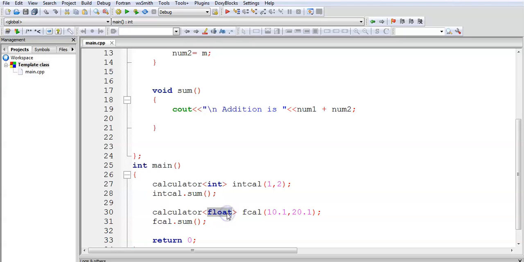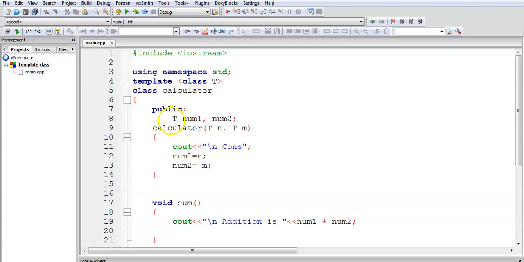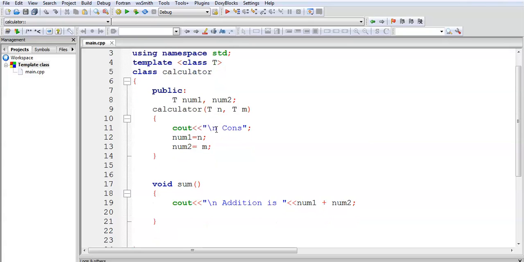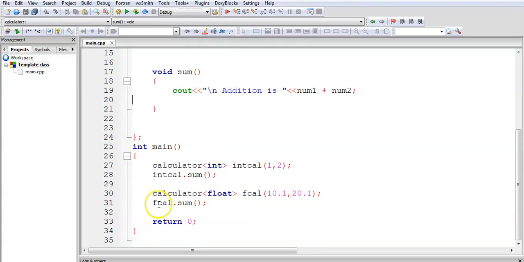The data type is float, so it makes num1 and num2 float variables. Then n and m are again float variables, and we store the values in num1 and num2 and then perform the addition. The same way we call fcal.sum.